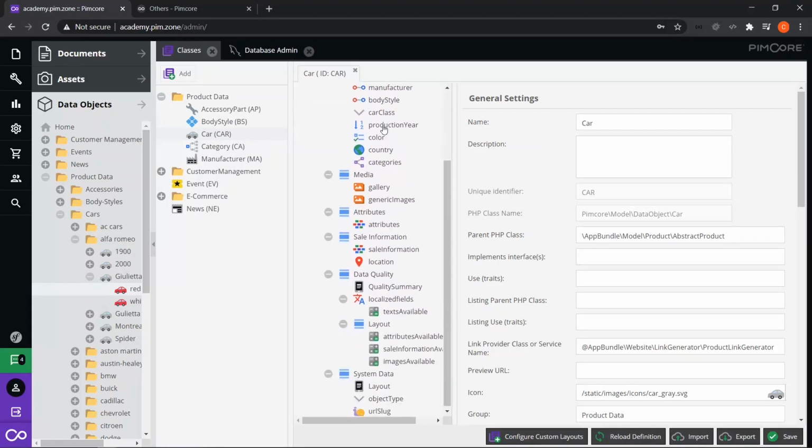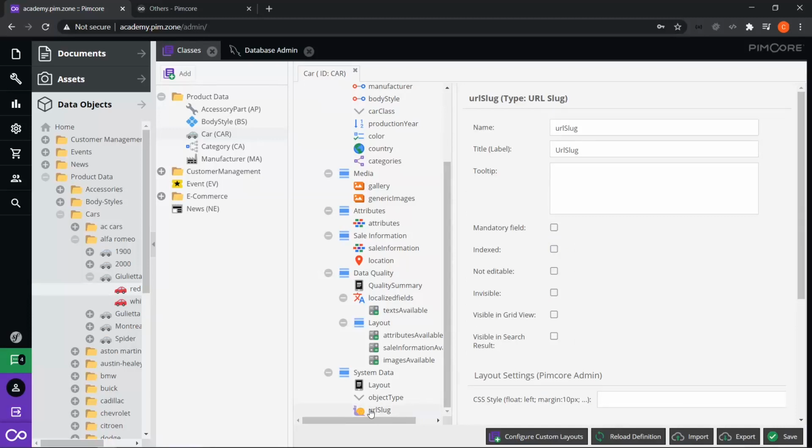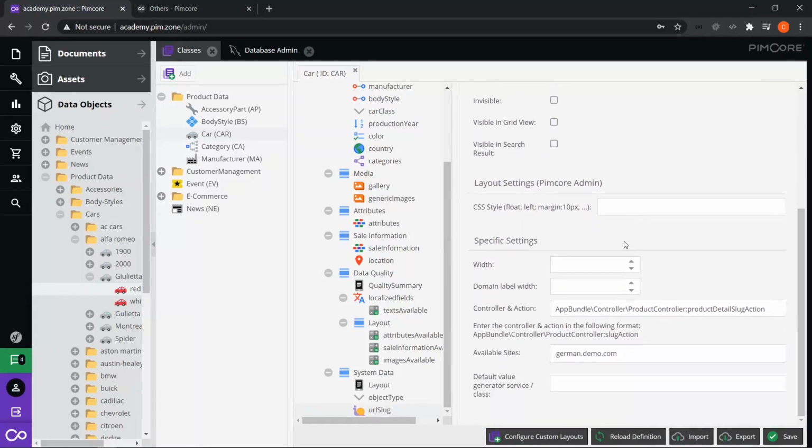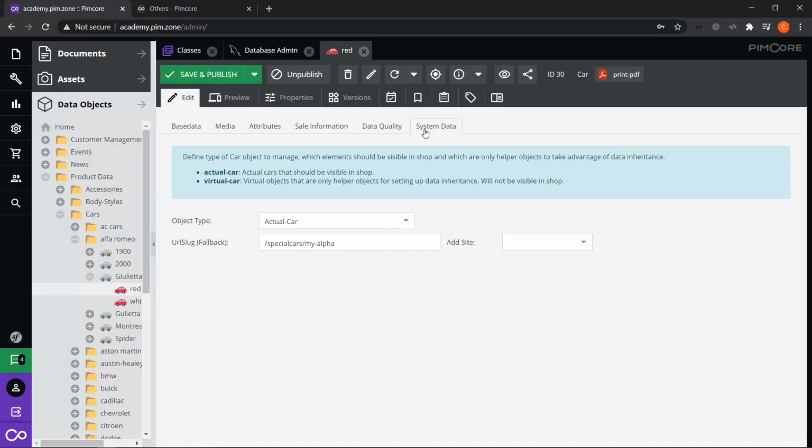For example, in our car class, we have this URL slug defined here, and there we have then specified the controller action that should be executed. As you can see there already, it's possible to define multiple URL slugs per data object class, so you can also specify multiple URL slugs for each data object. When we open up a data object, then we see that we can specify here the URL slug for this corresponding data object, and we also can specify a URL slug per site that is